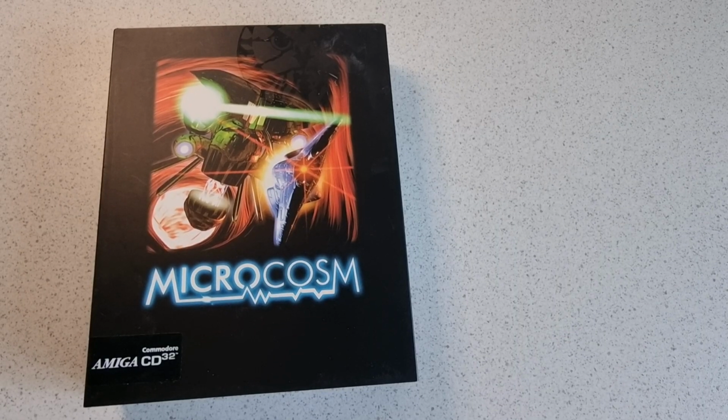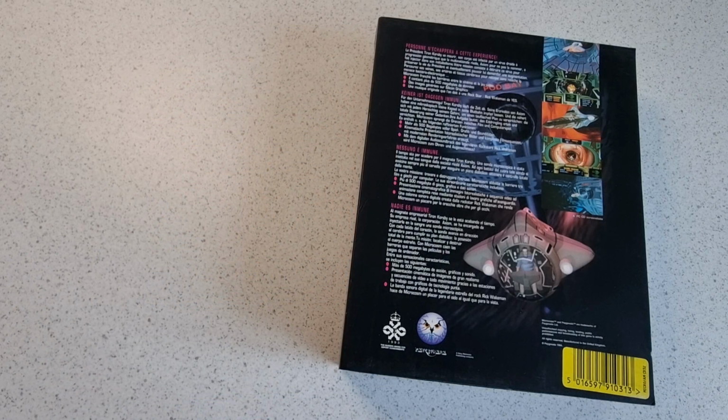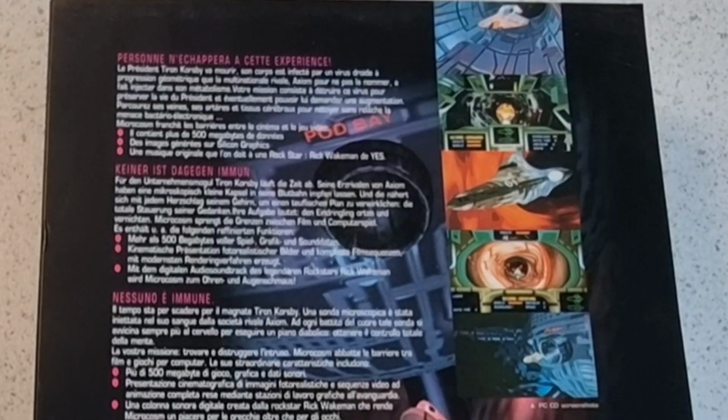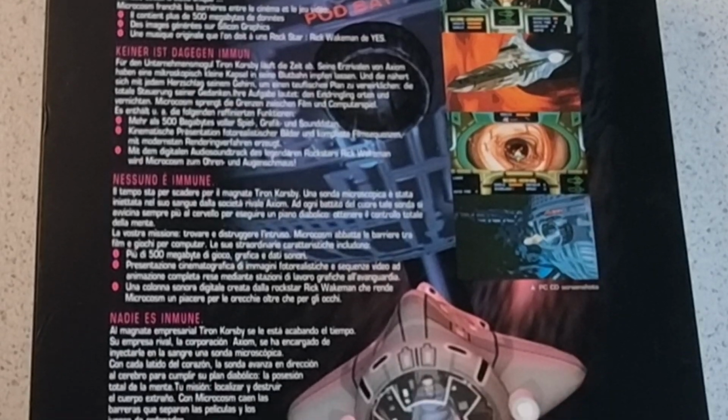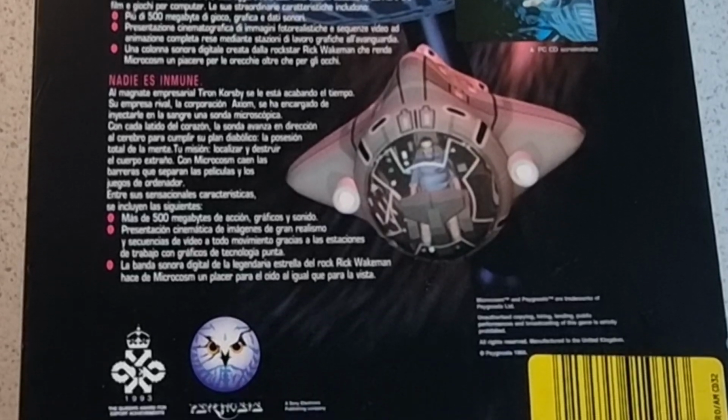Up next we have something fairly notorious, Microcosm. The first time I saw this game was as a rolling demo for the CDTV, along with another game called Planetside and several intro sequences from previous Psygnosis titles. This made for an absolutely stunning showreel at the time. Microcosm never made it onto the CDTV, and Planetside, an amazing looking air combat game, sadly never made it out at all. Microcosm, very much an inner space,